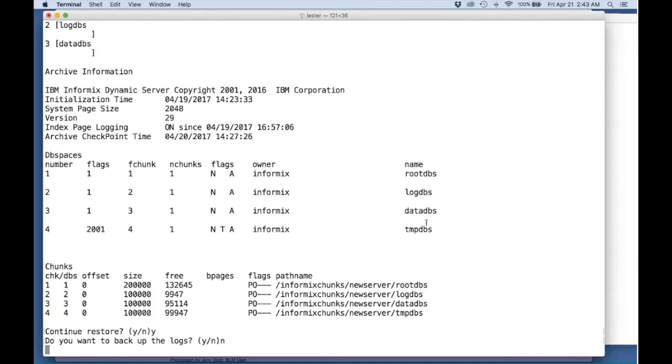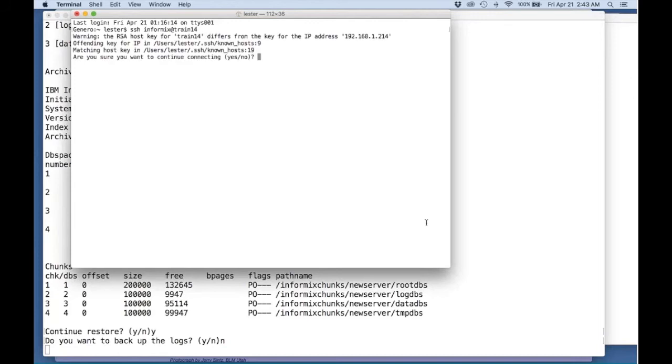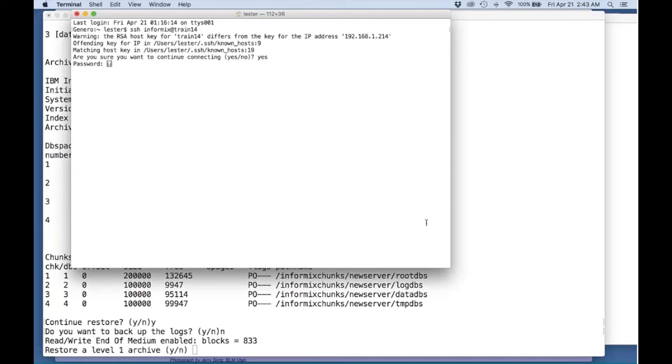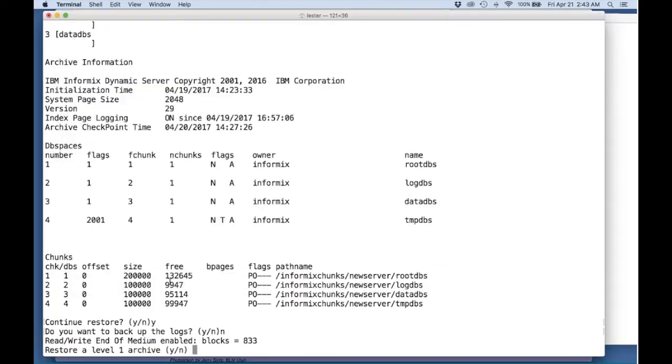Now look, it just sits there, and it's going to sit there until it's done. How do you tell what's going on? I'm going to show you my little trick. I should have had a second window open for this. Oh, it's finished. The trick, though, is to do an onstat -D, and actually here it will tell you, add